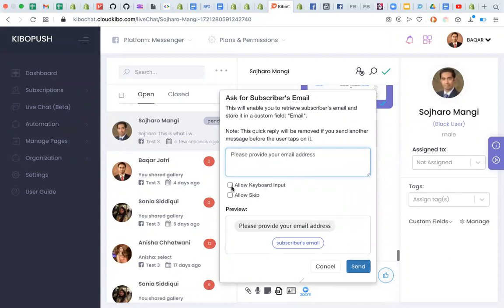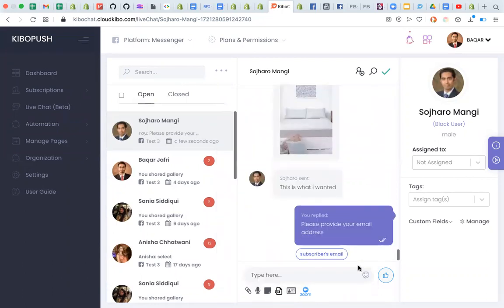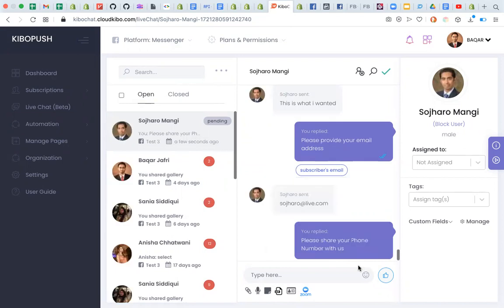Okay, and we have two options, like allow keyboard input. So a customer can either type the email address, or he will see the button like this, and he will be able to press this button and send the email to us. So if I send this now, the customer will receive a message on Messenger that this particular page wants to know your email address. So if I send the email address from here, from the Messenger side,